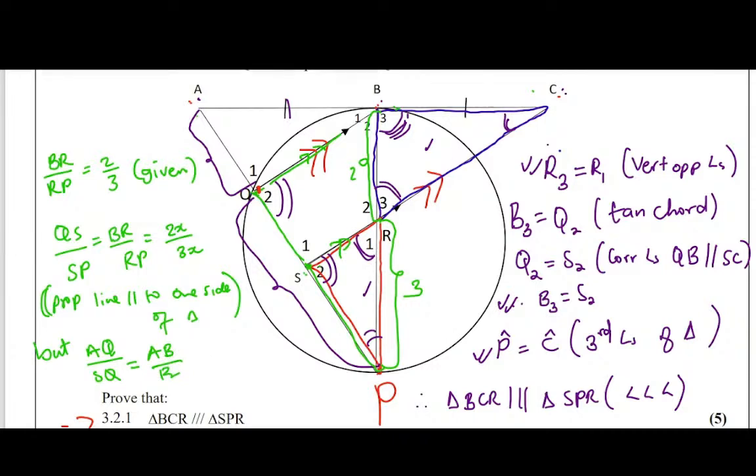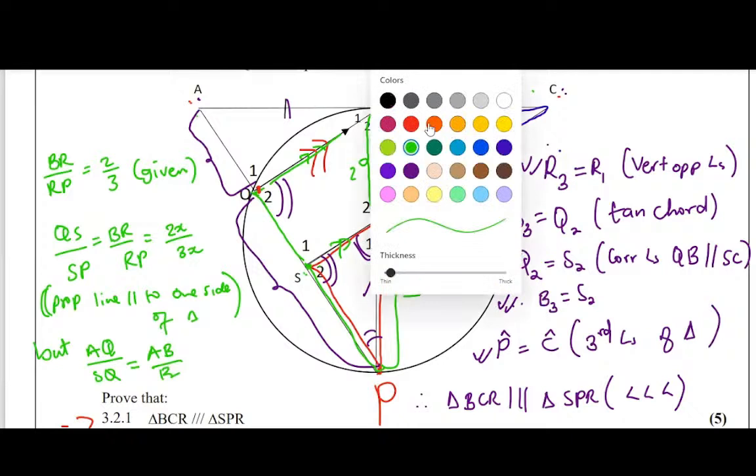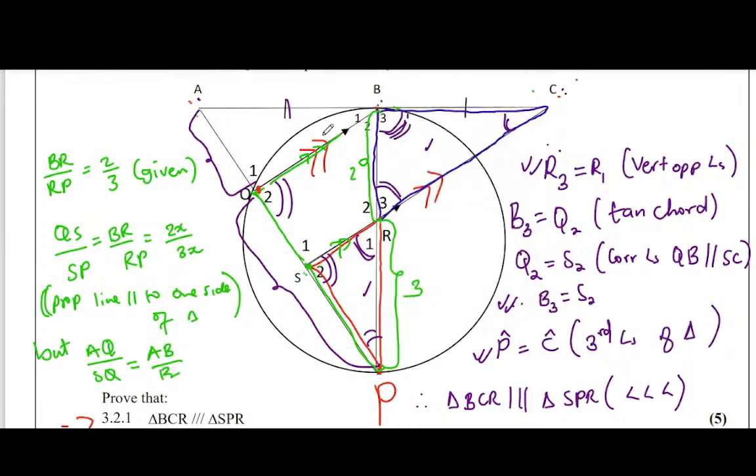Someone will ask now, which triangle are you using to draw that assumption? So I'm focusing on triangle ACS, this one, since these two lines are still parallel. So I'm focusing on the AQ over the SQ is equal to the AB over the BC. The reason is still the same thing, proportionality theorem, the line parallel to one side